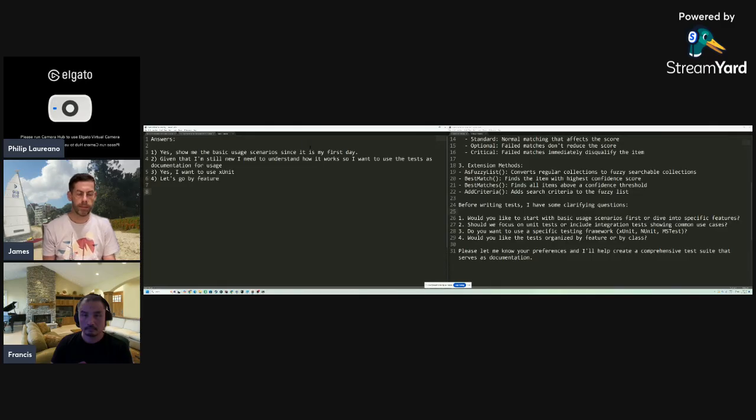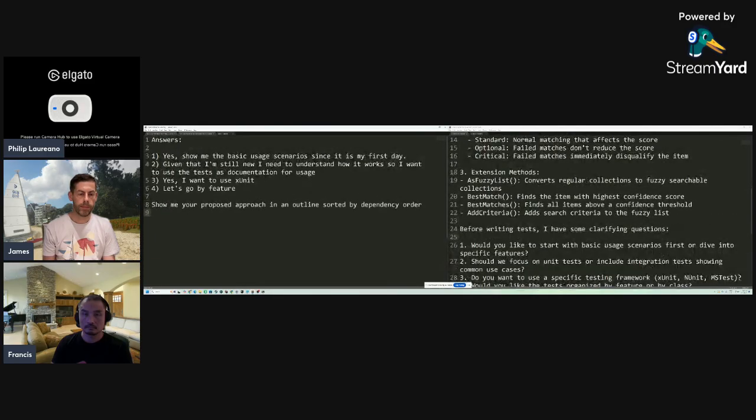Okay. So how I normally work with large language models in this case is I answer the question, and then I ask it, show me your proposed approach in an outline sorted by dependency order. Does everybody get why I'm doing this? Those last 3 words that you see here